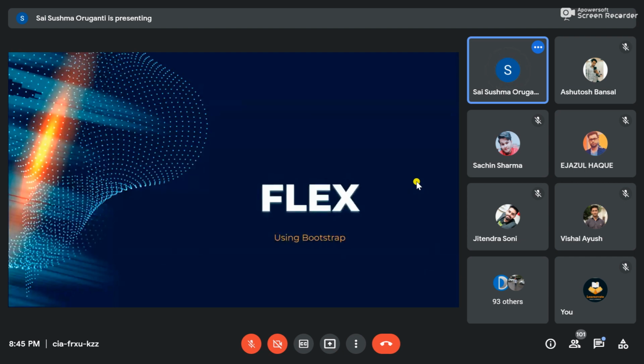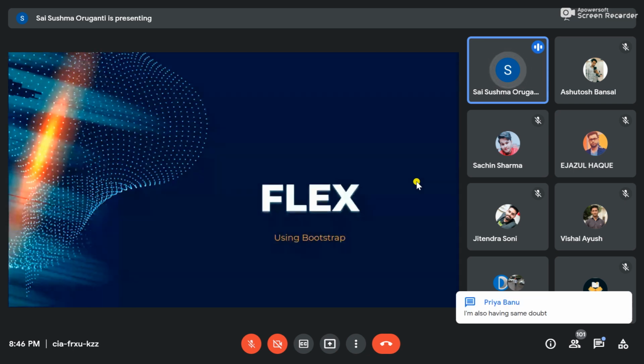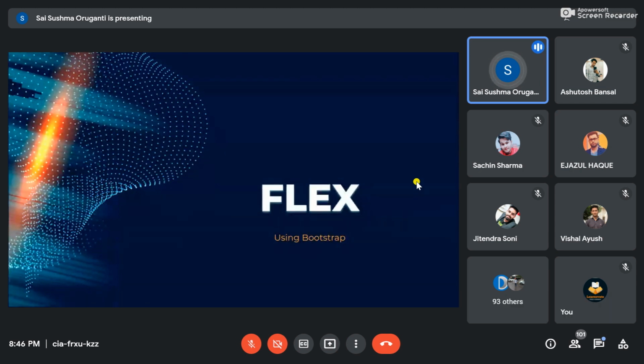Yes, this is nothing but same as grid. Similarly, if you want to arrange items, it may be images, it may be text, or something else, whatever it is, in a row, where a row is the horizontal line and a column is the vertical line. If you want to arrange all the items in a row with equal spacing between them, I'm just taking an example, suppose you have apple, mango, banana, grapes, four images of four fruits.